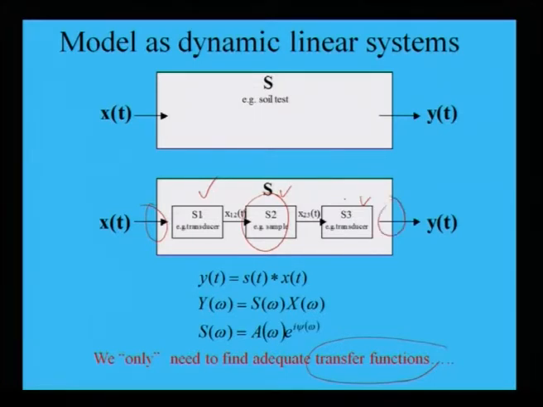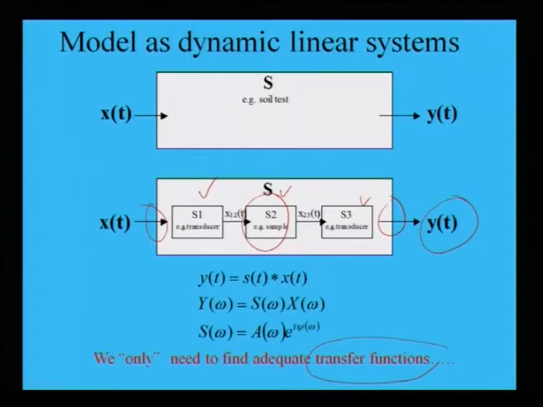That means from the source you give this wave propagation through the transducer S1, then it passes through the sample S2, then through this transducer S3 you transmit to, as a receiver you can store the travel time in the computer. That means we need only transfer functions for the model. If you want to model it as a dynamic linear system, you only need a transfer function, that means y(t) is equal to S(t)x(t), y(w) is equal to S(w)x(w). These are all your transfer functions.